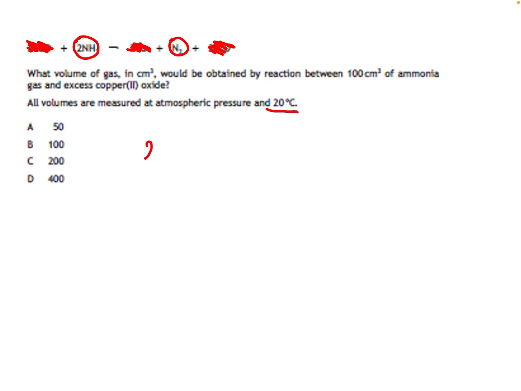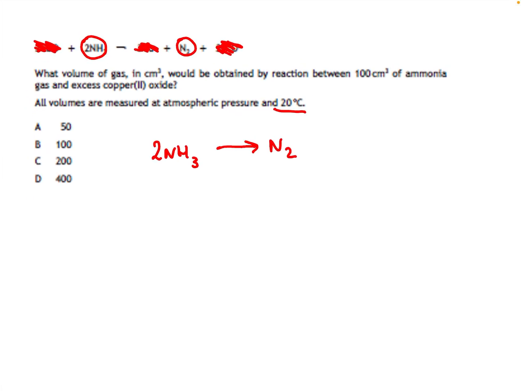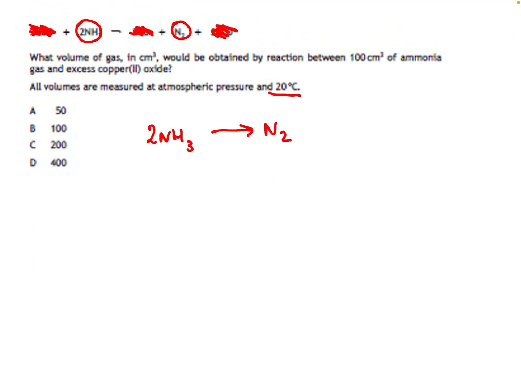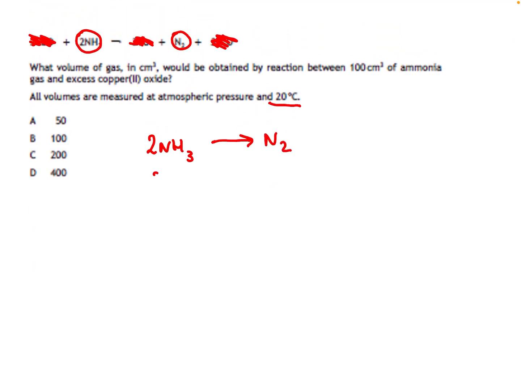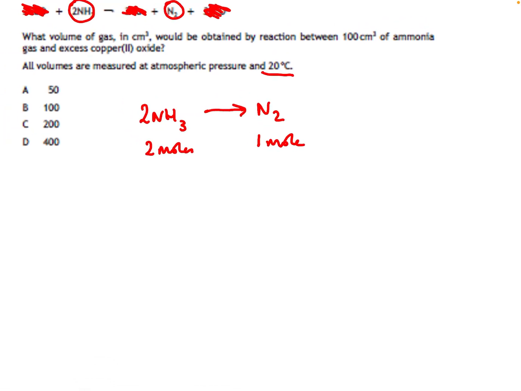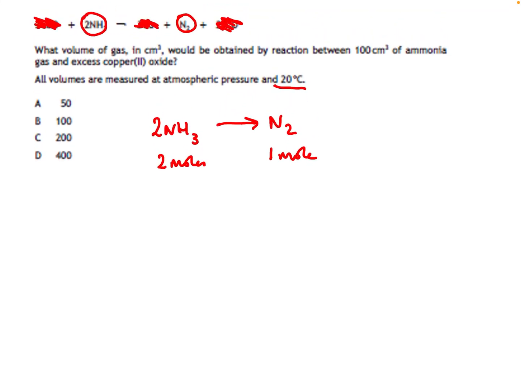So let's write these out. 2NH3 going to N2, and then this is what we produce. So this is 2 moles to 1 mole. If this is 100 centimetres cubed,